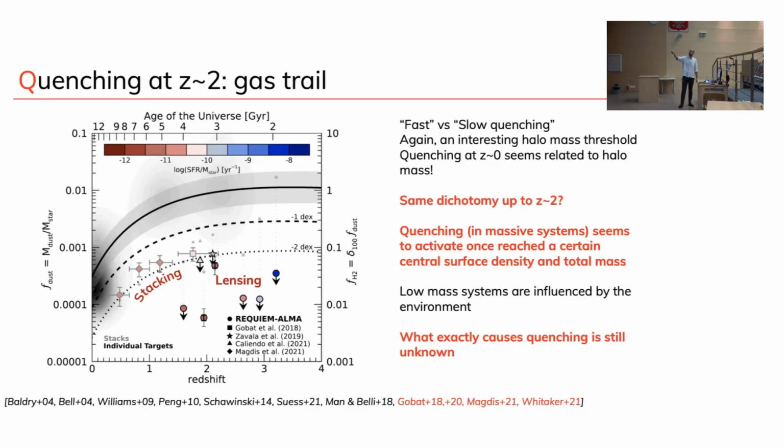So this thing here, the quenching, would still retain quite some gas. So you would favor quenching processes that are not getting rid of all the gas to explain the quiescence. But other groups, like actually Whittaker here, have been using lensing. Gravitational lensing is great because it just allows you to go much, much deeper in short time space. For some quiescent galaxies, here you have control of the selection function. Here you just get whatever you get.